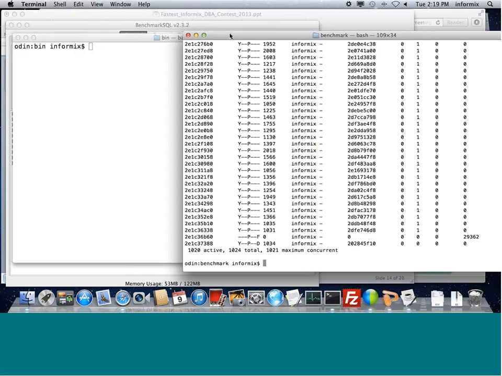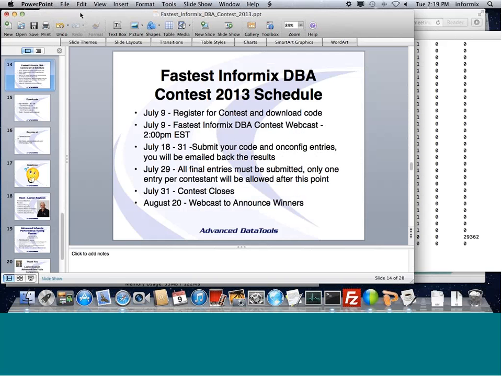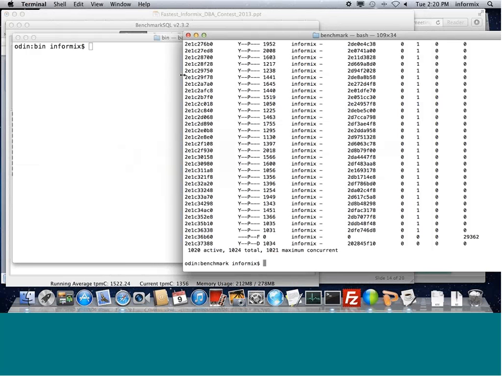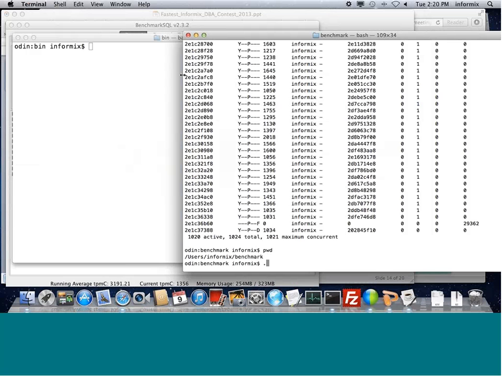And now I'm at 1,020 users, and if I flip back to the Java program, it says 1,000 terminals created successfully. So at this point, we're going to start transactions. And while those transactions are running, I'm going to flip over to my other window, and I'm going to run